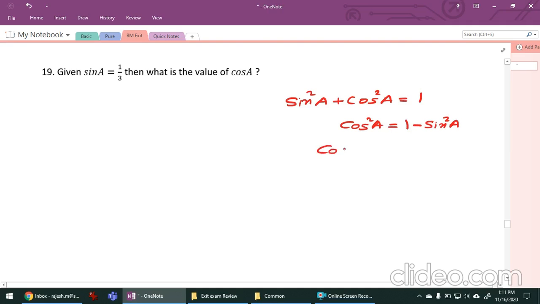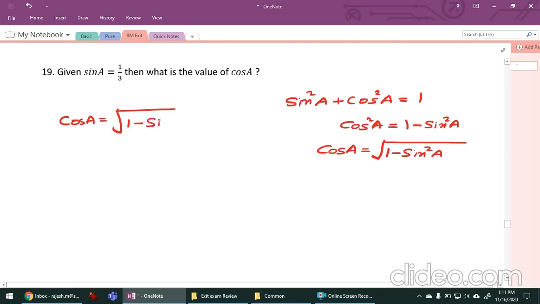Now, this is cos square. So if I want cos A, what you have to do? You have to take square root, because this is cos square. So if I want cos A, you should take square root of 1 minus sin square A. Okay, now I have sin A equal to 1 by 3. So what is cos A? Cos A, what is the rule? Square root